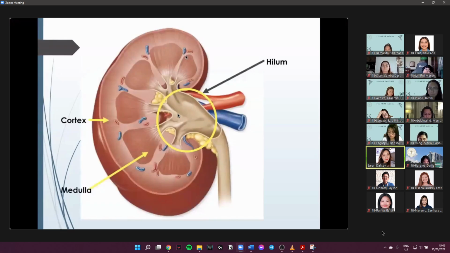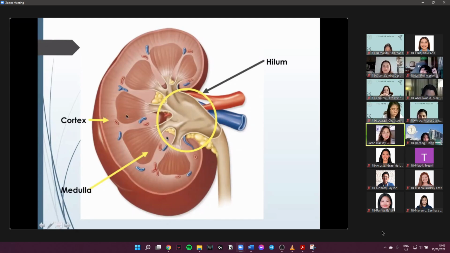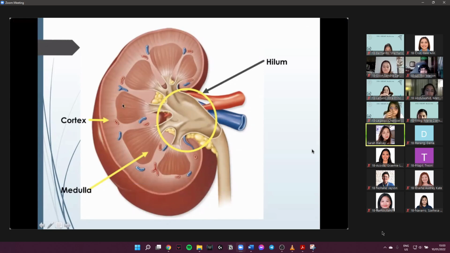So this is actually a gross picture of your kidney, where you can see it divided into 2 main parts. The medial border, so in the medial half, you will see these structures here, and on the other half, the lateral half, this is where you will find what we call the renal parenchyma. Let's just briefly point out to you what we will find here in the medial border.